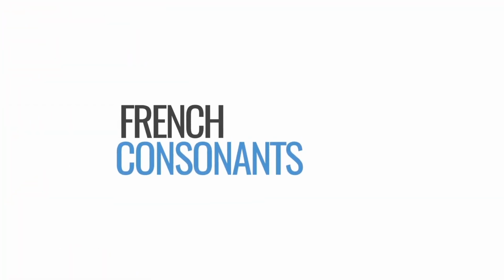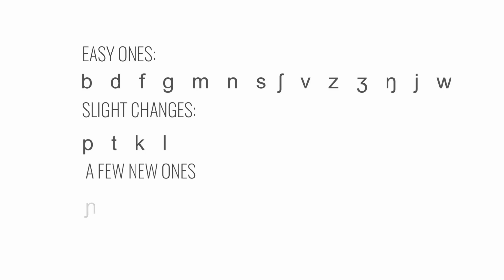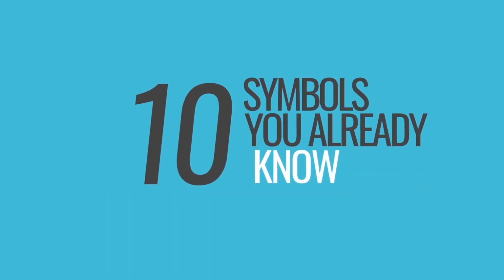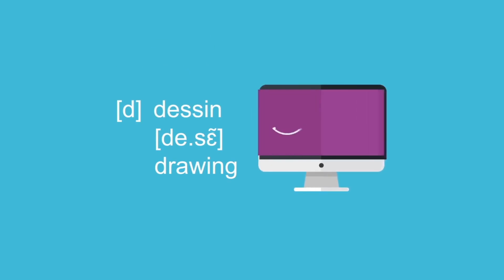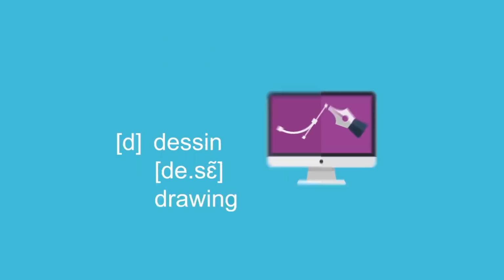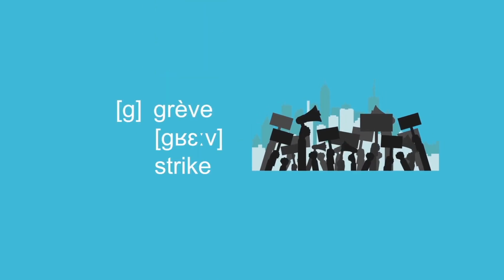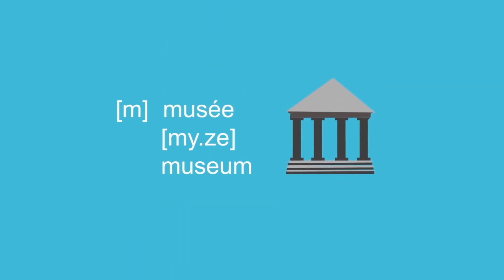French consonants are relatively friendly. If you speak English, you already say most of them accurately. You only need to modify slightly 4 of your consonants, P, T, K, and L, and then learn 3 new ones. With regards to the International Phonetic Alphabet, you already know 10 of the IPA symbols for French, so we'll begin with those. There's B as in bol, D as in dessin, G as in grève, M as in musée,